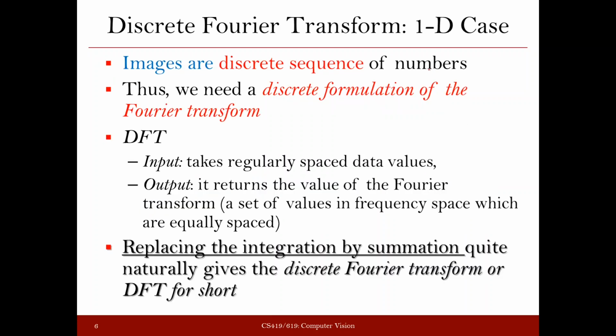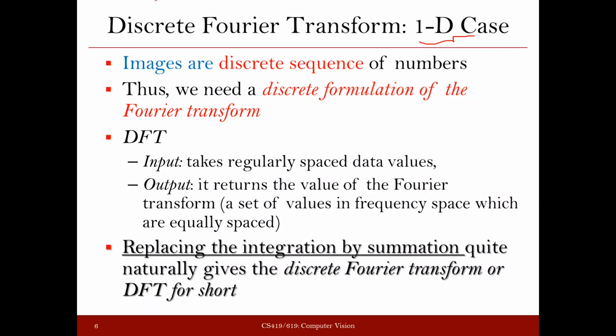Okay, as I said, we are going to use the Fourier transform for our images. Now our images are not continuous functions; they are discrete functions. So till now we have discussed Fourier transform for 1D and 2D cases. Both were for continuous functions, but since now images are discrete functions, we need to know what are the equivalent transforms for 1D as well as for 2D, when our function is not a continuous function, when it is a discrete function, right? So for the discrete function, we are going to study the discrete Fourier transform.